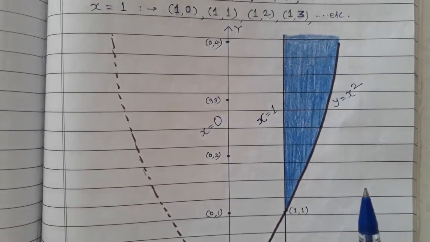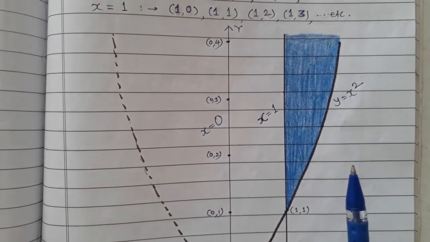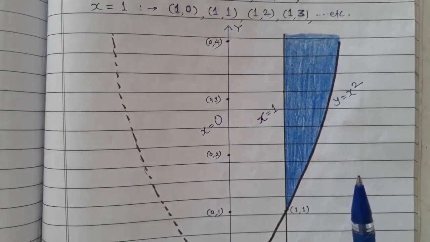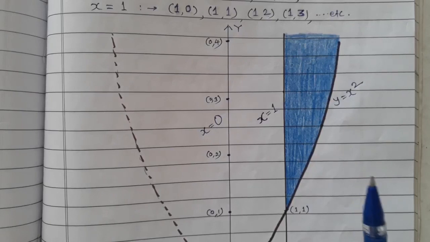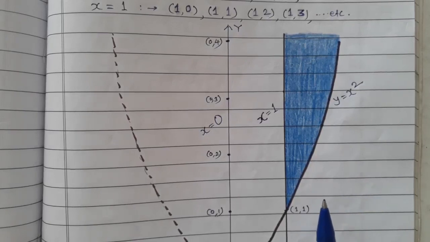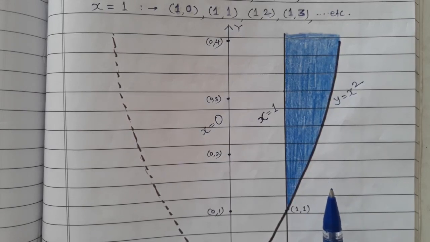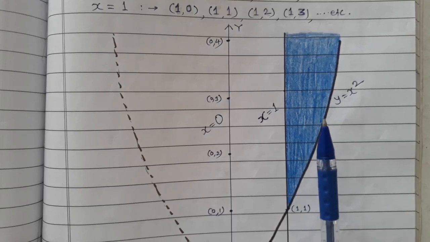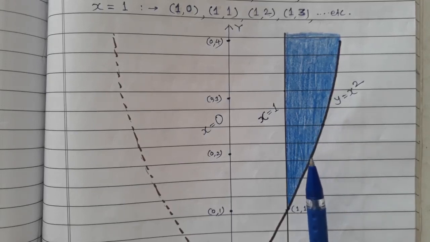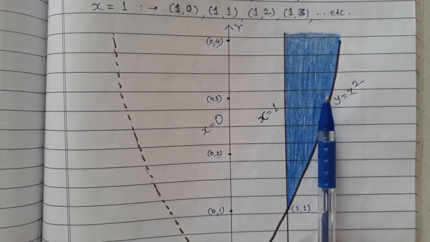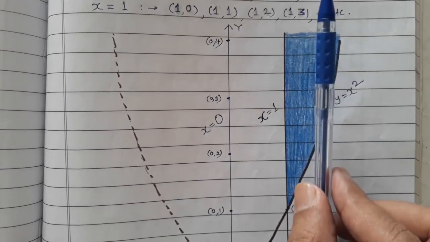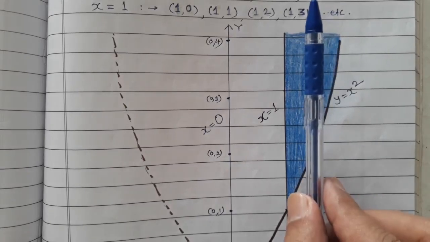We can solve this by integrating first with respect to x or first with respect to y, any one way. So first, suppose that we integrate this with respect to y in this case. So for that I have to consider the direction from bottom to top. Therefore, the bullet will fire from this bottom side and it will pass through this wall. So through this wall means y is equal to x square wall, and then it enters into the color, and after that it continues in this way, but there is no bound to the upper side. That's why upper side it goes to y equal to infinity.